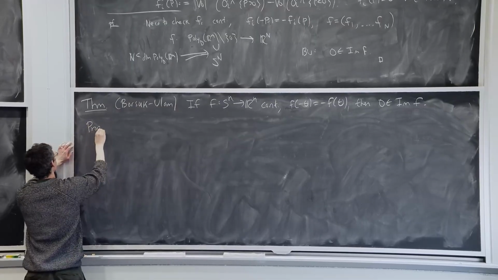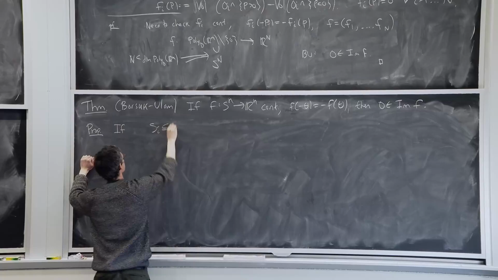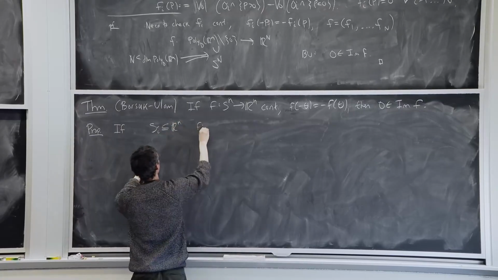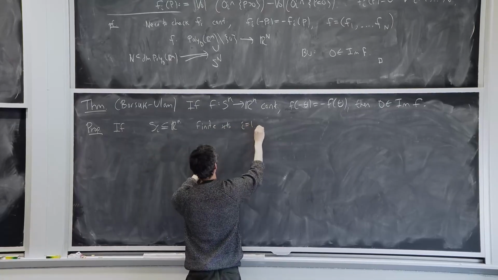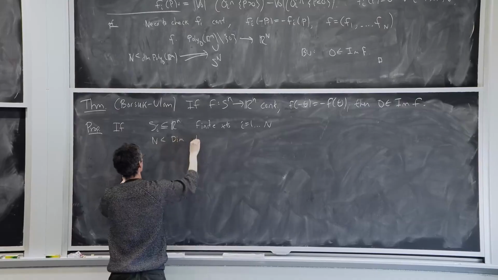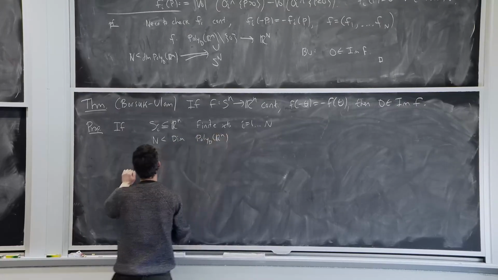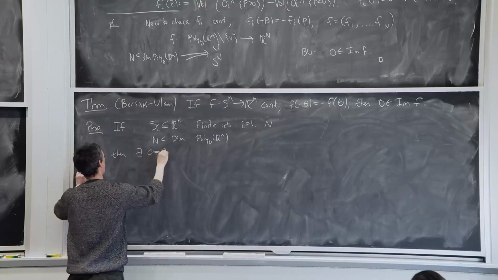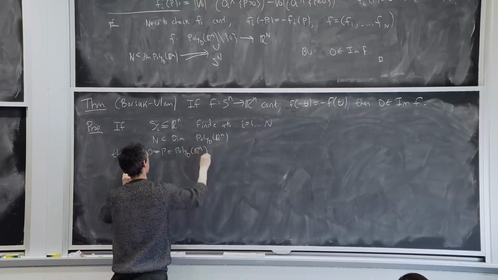So proposition: if Si contained in Rn are finite sets, i equals 1 up to n, and n is less than the dimension of Poly_D of Rn, then there exists a non-zero polynomial P in Poly_D of Rn so that,